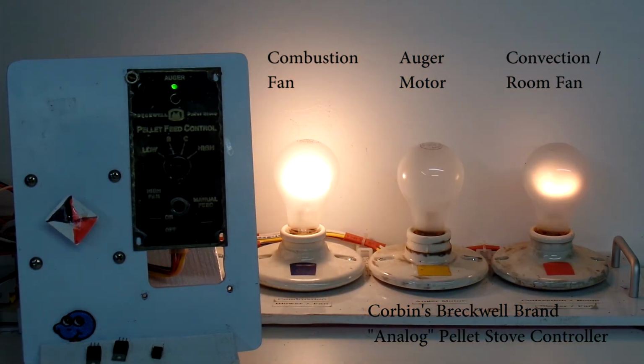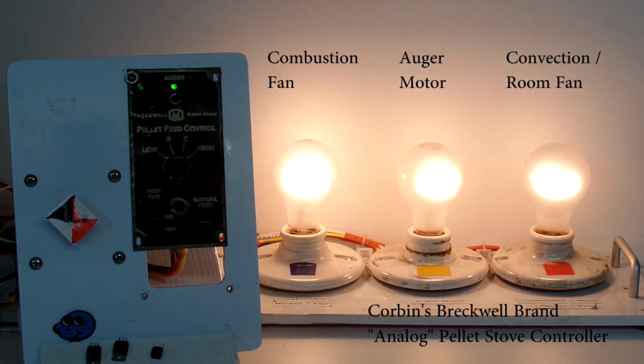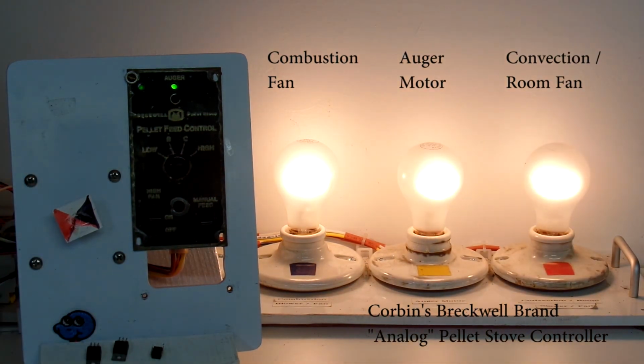There we go. The next thing we'll do is go to C, and as we do that, we see the intensity of the light bulb go up, which would indicate that the combustion fan would be running harder. And when we get the first cycle, it's a much longer on-duty cycle. So that's quite long compared to when I had it on low. But it will shut off on its own. There it is. Now if I go to high, the auger will come on and stay on. It will not turn off. For this model controller, the auger stays on when you're in high, so it continually feeds pellets into the fire pit. Let me go back to low